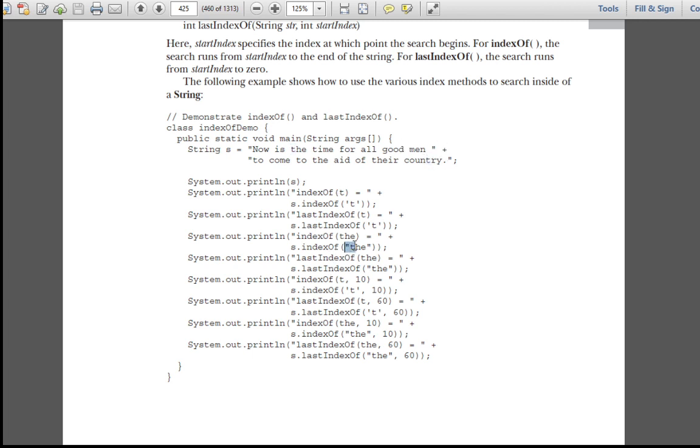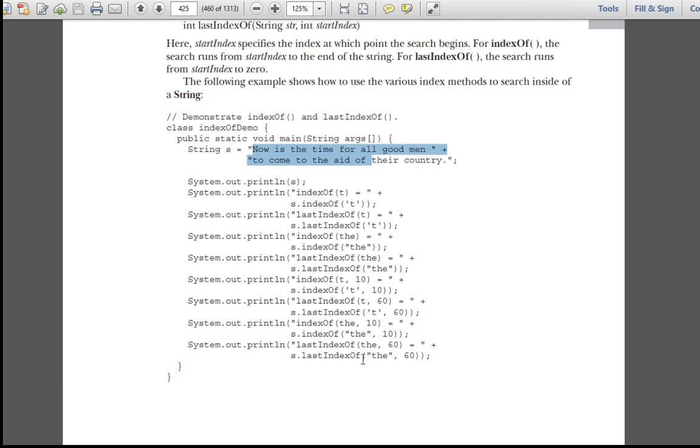Then next I want to search the first occurrence of "the", which will be at 7 here. Same thing, the last occurrence of "the" will be this. Then the first occurrence of t after the 10th position will be here. Then next the last occurrence of t before the 60th position, so from here where the t has occurred, you have to search.